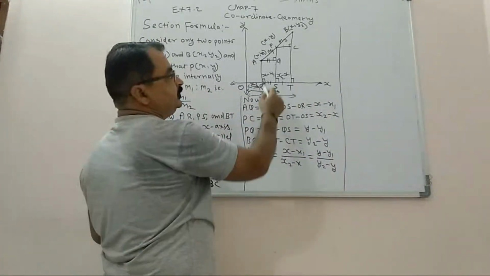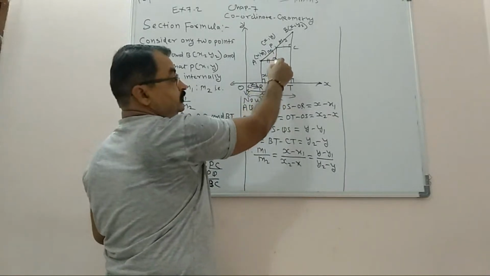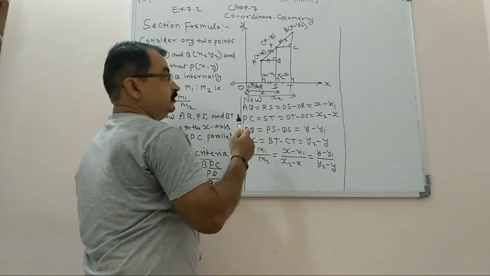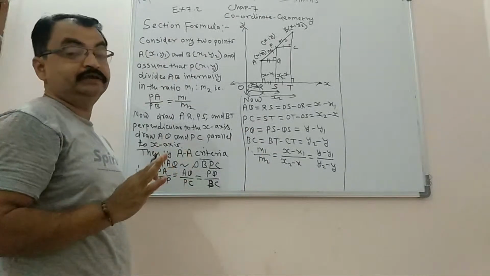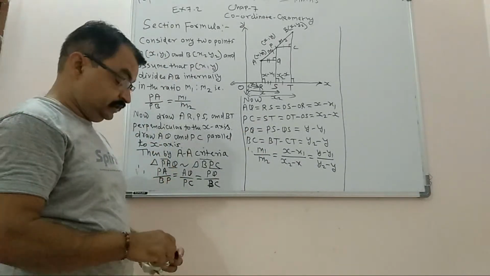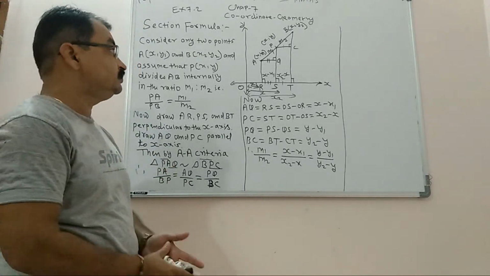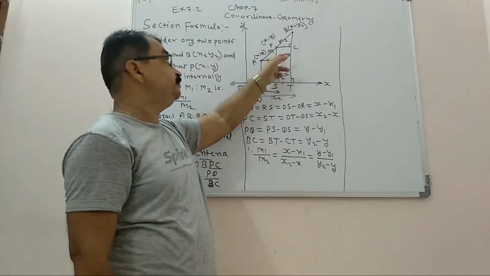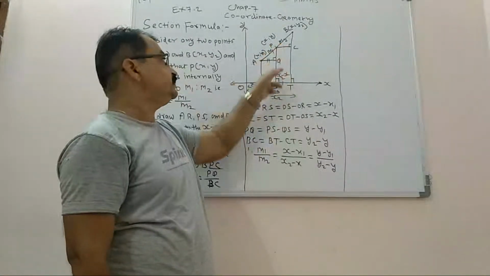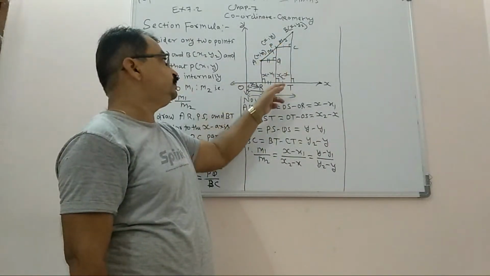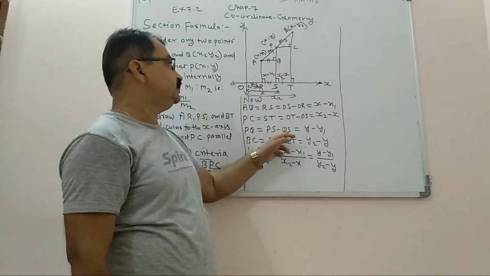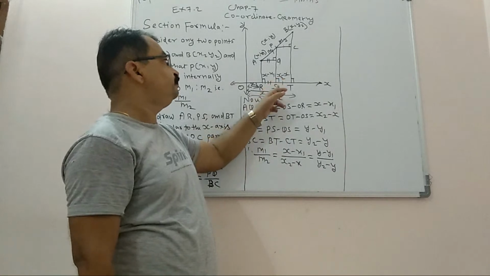PQ, where is PQ, children? This is PQ. So see, now I will not draw any more lines because the figure will become very dirty. So I will just tell you like this only. Now see the PQ. How do you find the PQ, children? PQ is PS minus QS, right? So PS